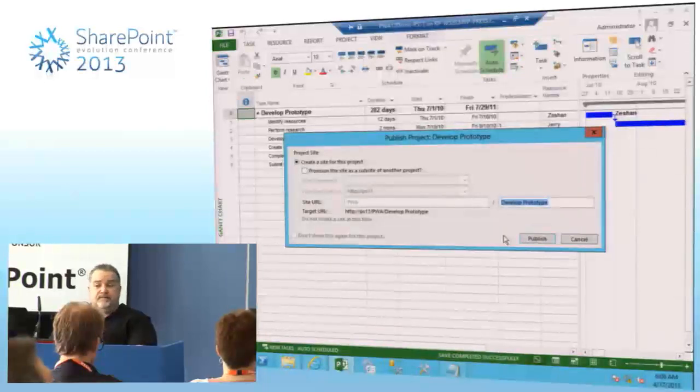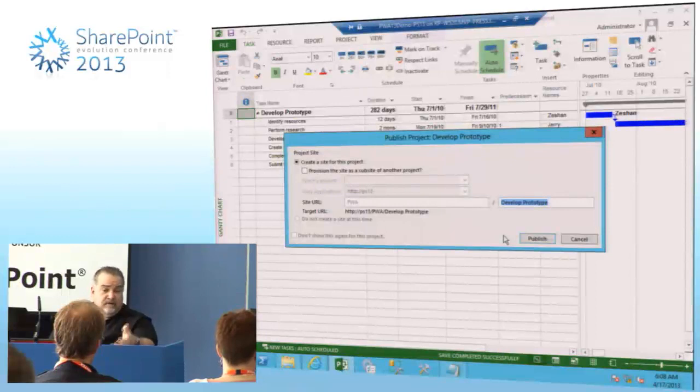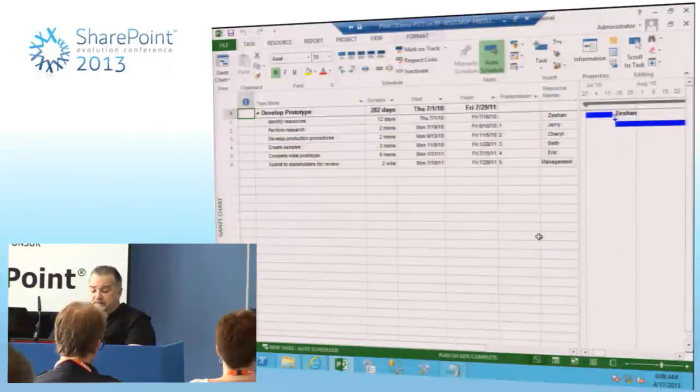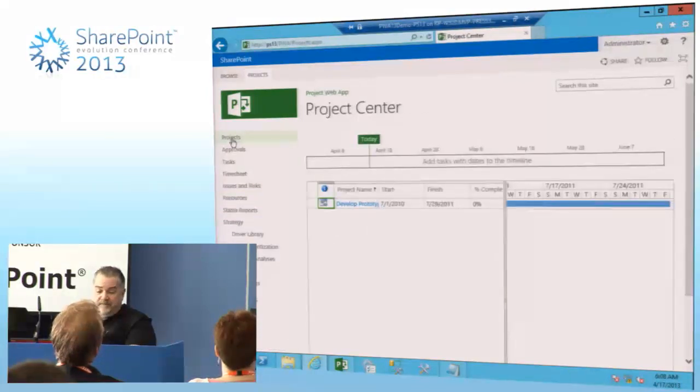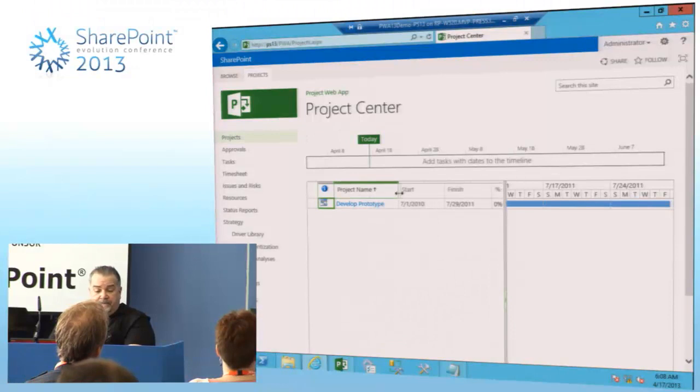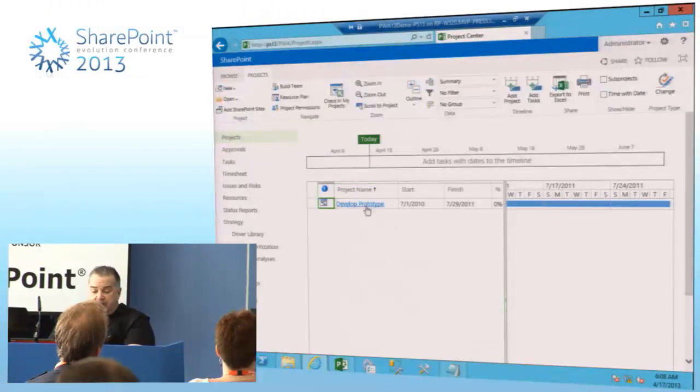It pops up this because it will create it and it'll be based on the name that you saved it as. Now, in some places, if any of you have SAP or anything along those lines, you may want to use something like a project number that they have given you. Anything to make things a little bit easier for you. And in our case, I'm just going to say, yeah, sure, just to have it there. And you get the information on the bottom here where it says the publish completed successfully. So I'm going to flip over and just click on my projects from PWA. And there's our guy right there. Okay. And if we go and click on this,